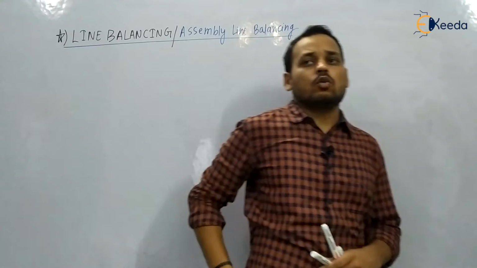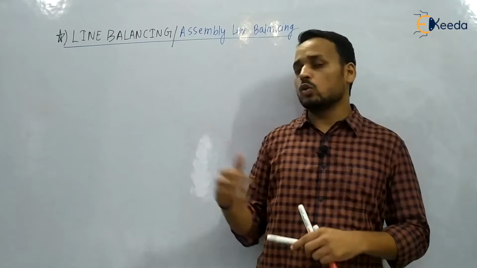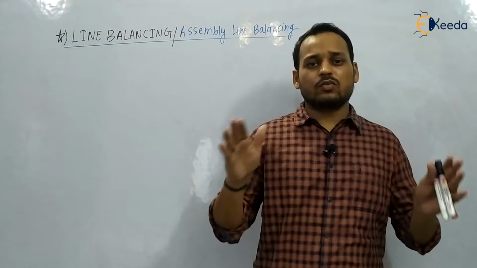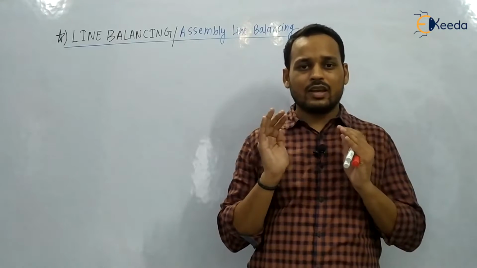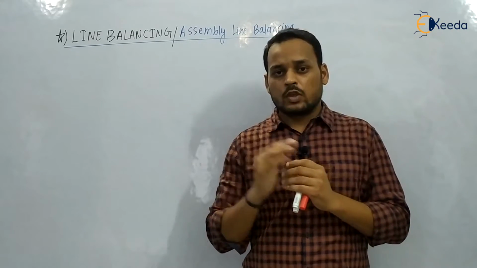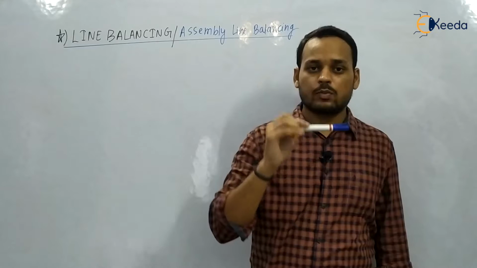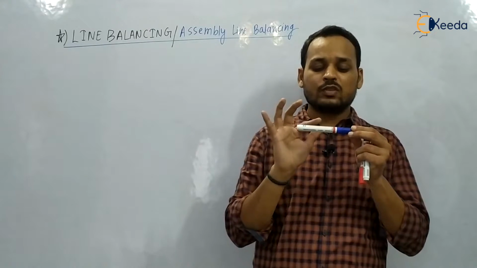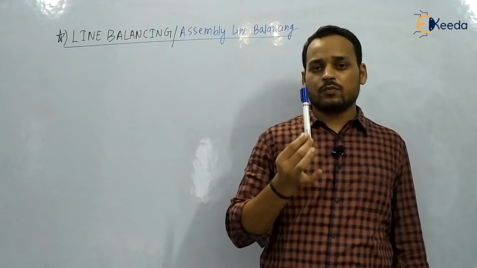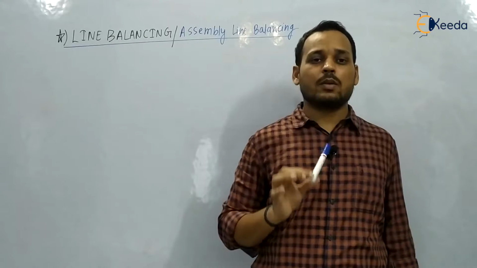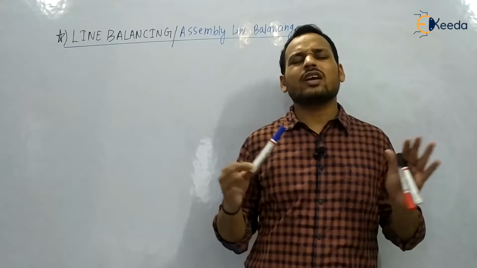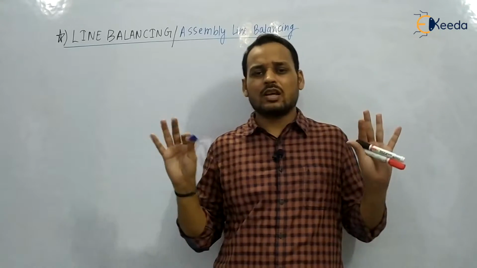So basically what we are going to do in this chapter is a process in which the different work facilities are grouped together, and they are assigned to a specific workstation. Suppose I have got a raw shaft, and I have to perform turning, drilling, grooving and step turning operations on this shaft. I have to perform these 4 operations on a shaft. So I am going to need a lathe machine, a drilling machine, a milling machine or a grinding machine. Let's suppose any machine I am going to get.